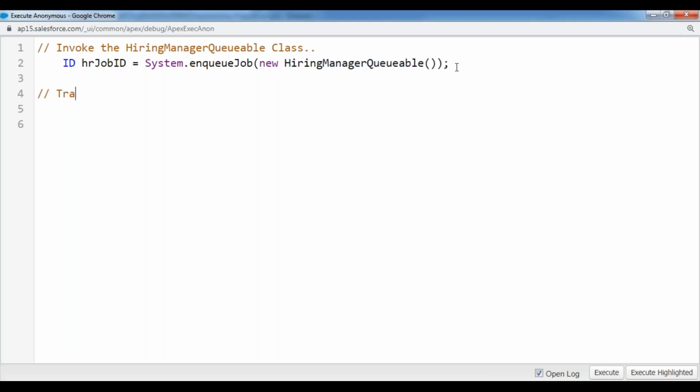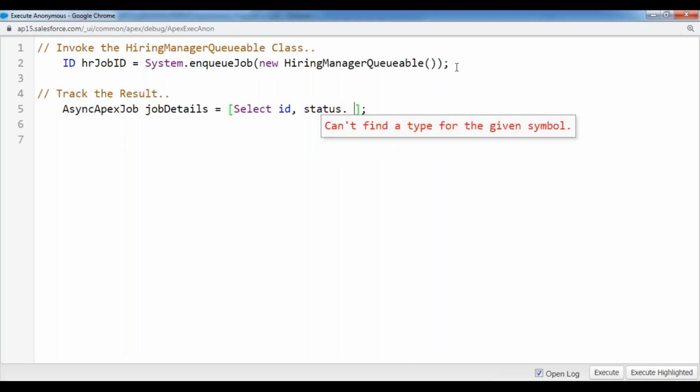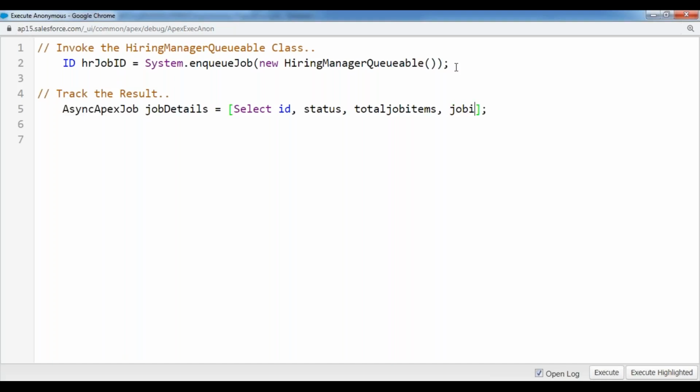How can we track the result? Now, let's see. You know how to track the result. Same concept, AsyncApexJob. Job details equals to, you can fetch: select ID of the job, status of the job, total job items, and the job items processed,